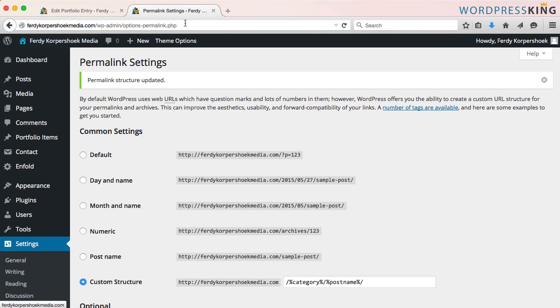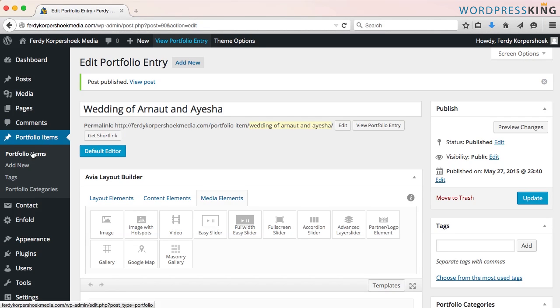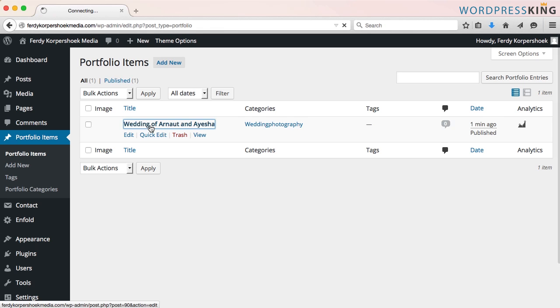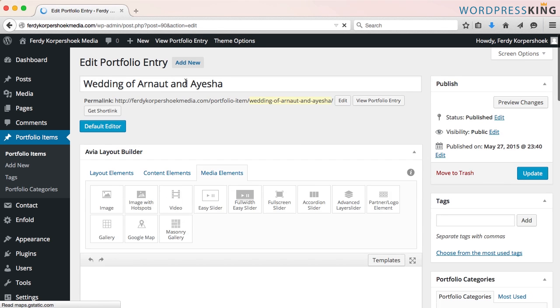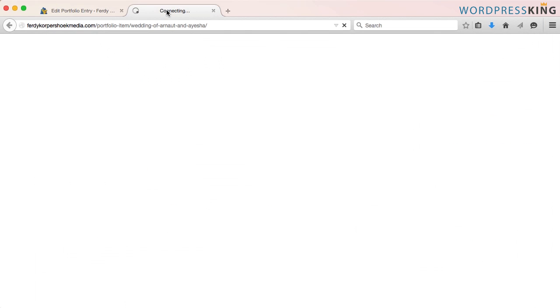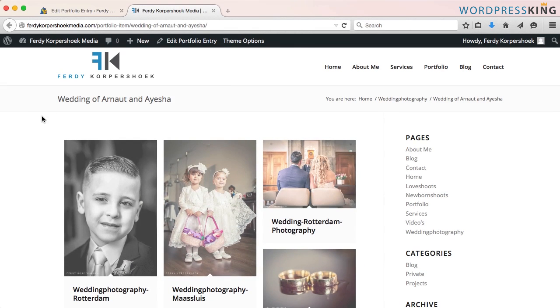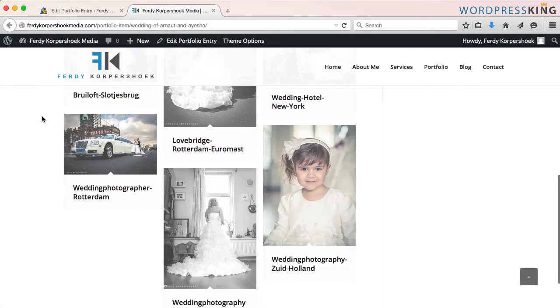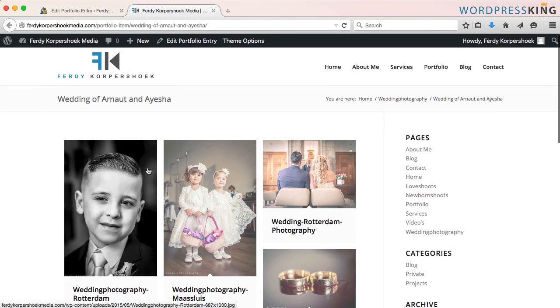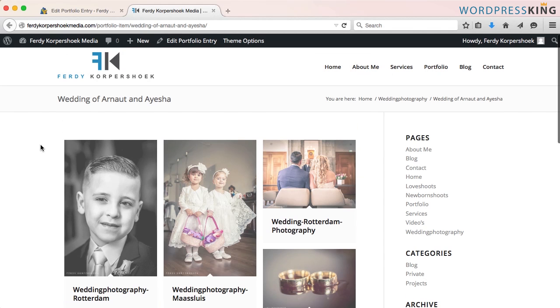Now if I go over here to portfolio items, I click on it and I say view portfolio entry. Now it is found and this is what is happening. You saw that? Well, in my opinion, it's not looking that good. So I go back